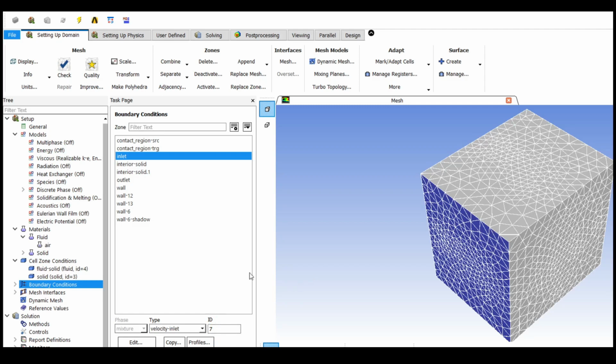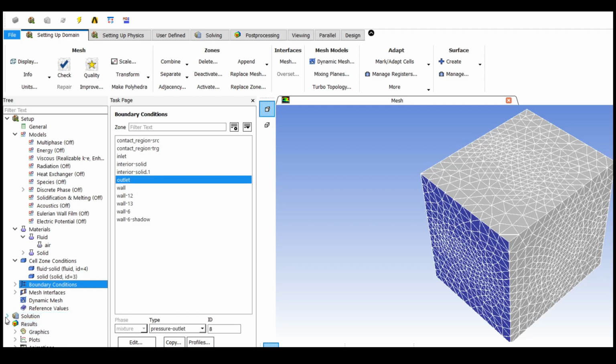The velocity inlet can be listed over here. The turbulent intensity is 5 and the turbulent viscosity ratio is 10, and no other changes have to be made. Then in the outlet, pressure outlet is 8, a slight change in the pressure, no great changes there, and velocity outlet can also be checked. After editing we can move towards the next section, that is the solution part.